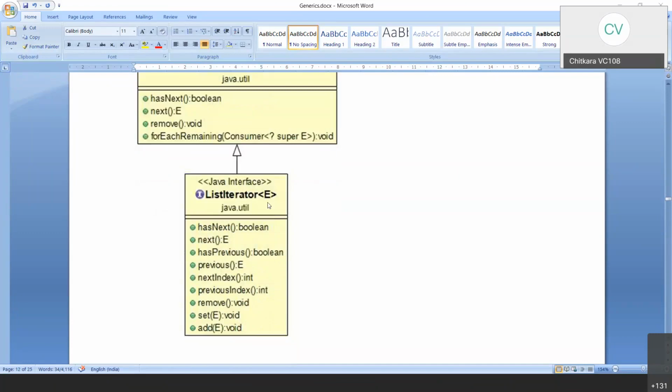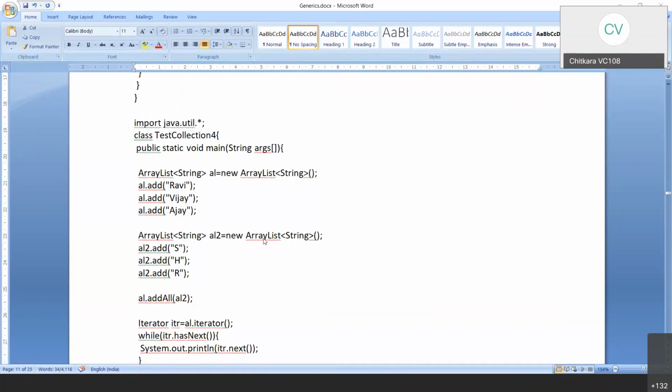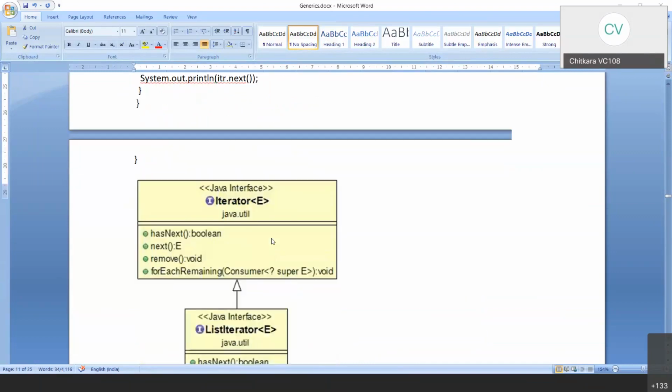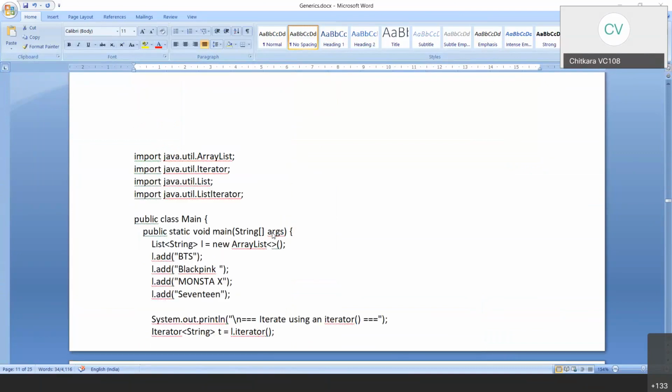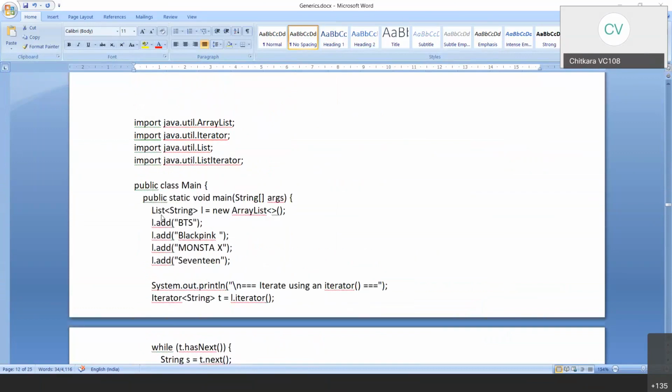So to illustrate this concept, let's go to this particular example. What I do over here is, we have List<String> L equal to new ArrayList.